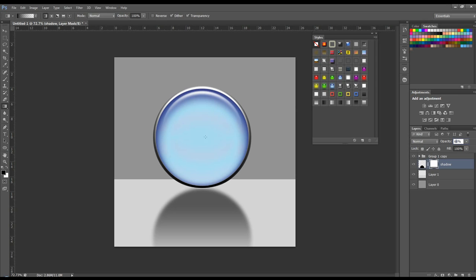So we've created this shiny button using shape layers and layer styles, and we've just given it a background and shadow. So hopefully that